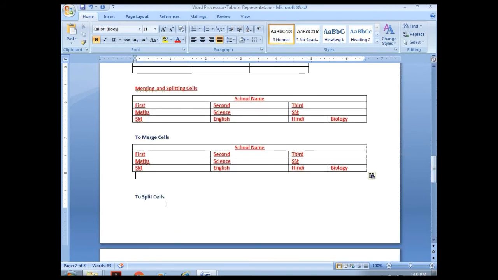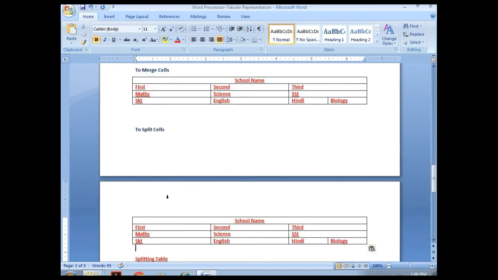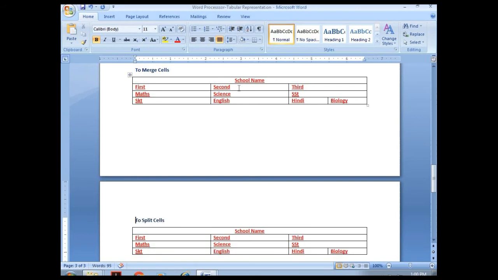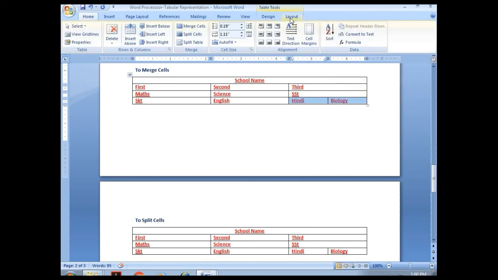A particular column or a row can be merged. Here we are merging Hindi and biology to one. Go to the Layout tab and Merge Cells. Then the 2 data will be in a single cell.